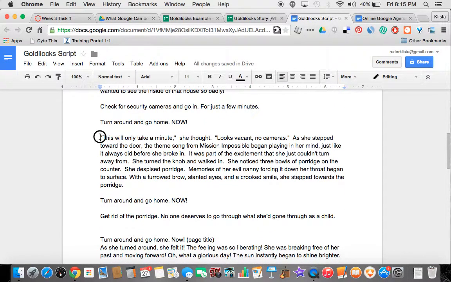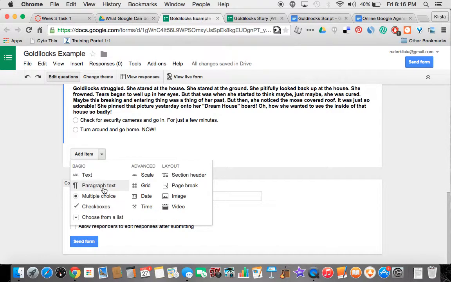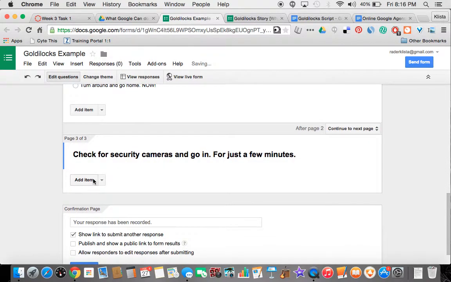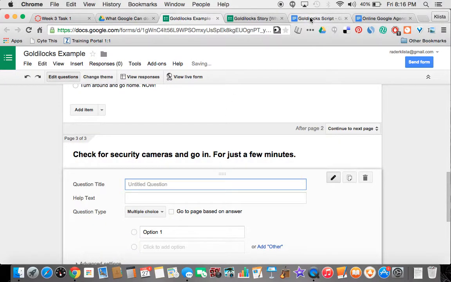Okay, so copy that. Actually, I'm going to wait. I want to copy this first. This is if Goldilocks has decided to check the security cameras. I'm going to add a page break, and my new page title is going to be checking for those security cameras. And on this page, again, multiple choice,